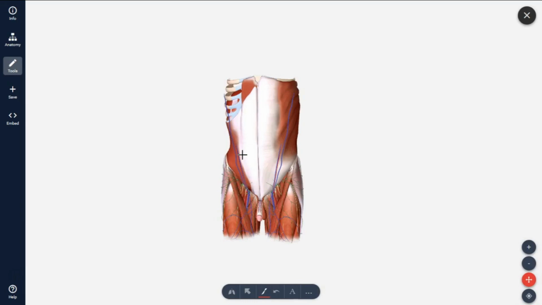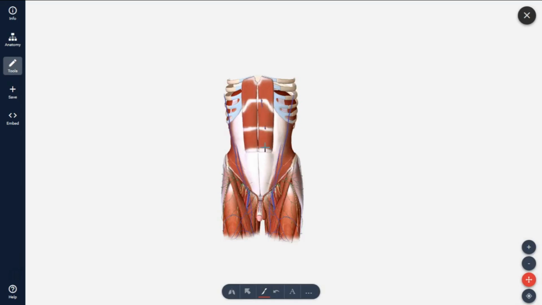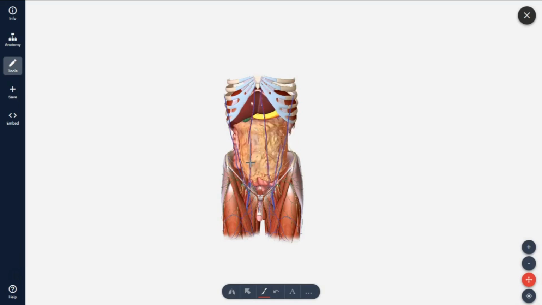So we can remove the muscles seen in the abdominal region, such as external oblique, and then after removing internal oblique on either side, we have the rectus abdominis muscle upper part, and then we have transverse abdominis. If we remove all the muscle layers, we will approach the peritoneal cavity, and then we will approach